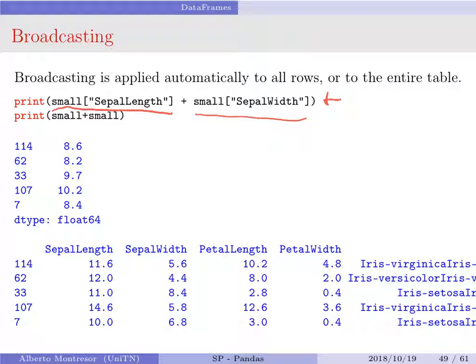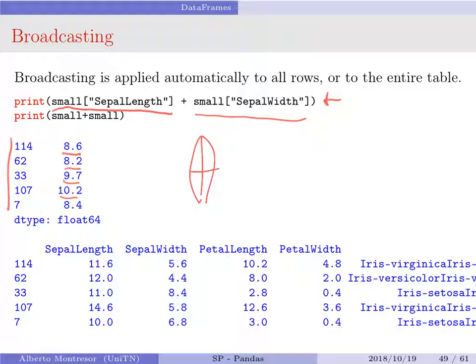So what I get is the same index, 104, and the sum of their associated values, which I don't know if has any reasonable meaning in biology, but I don't care, because this is just an example. The idea is that they just summed the sepal width and the length, and that's it. And what I get is again a series, because I'm summing together two series.